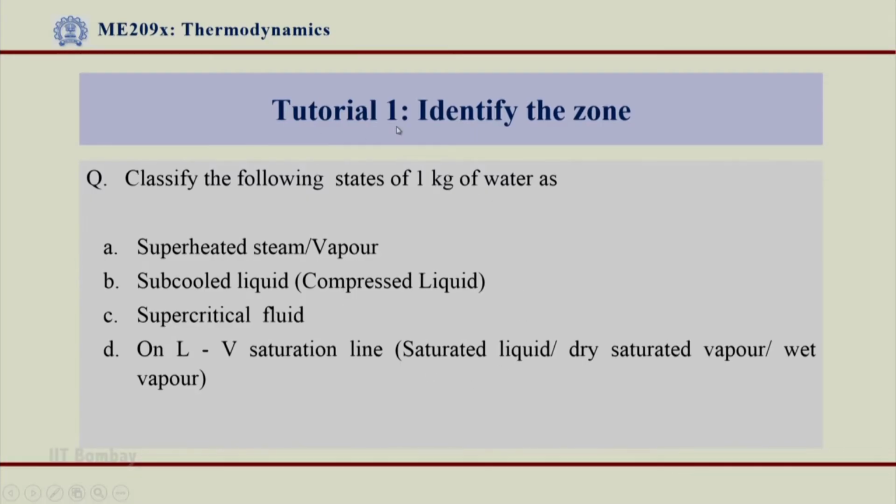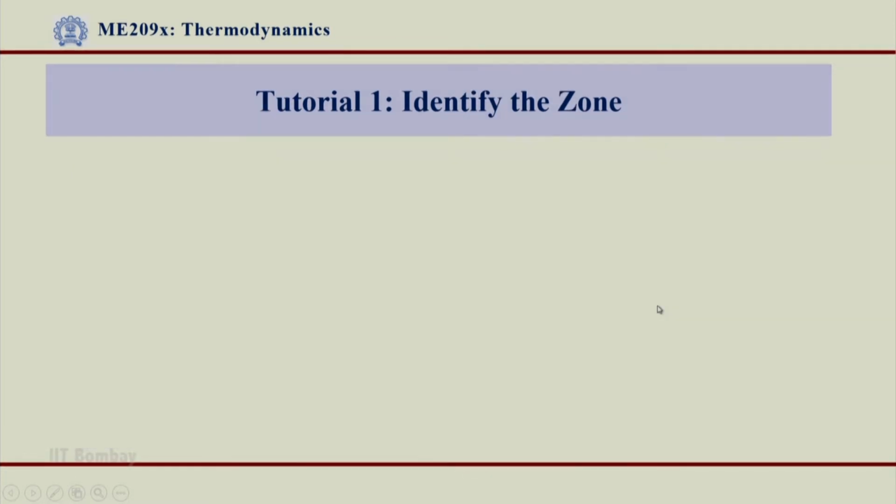So, the first tutorial is identify the zone. The question is: classify the following states of 1 kg of water as superheated steam vapor, subcooled liquid, supercritical fluid, or on the LV saturation line, or saturated liquid, dry saturated vapor, or wet vapor. The first problem that we are referring to now is